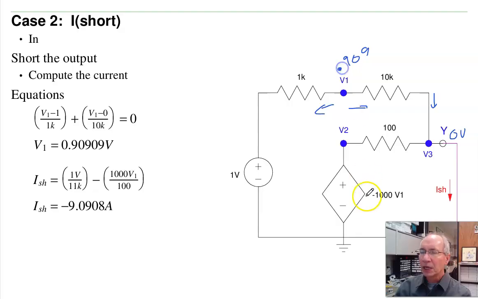Once I know V1, I know 1000 V1. Once I know 1000 V1, I can find the short circuit current. It is this current plus that current. That'll be 1 volt over 11K. That's this current. This current is minus 1000 V1 over 100. Add them all up, you get minus 9.09 amps. So there's my load line,